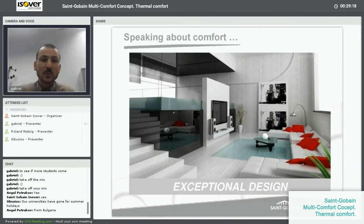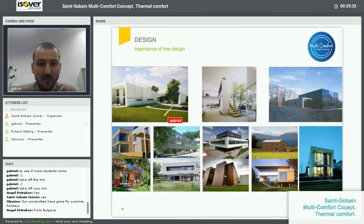So first of all, when you speak about comfort, you need to speak about design. Of course, having a good design is the prerequisite for a well-perceived project. And I'm going to show you some examples of houses which are combining the design as free as possible with the fact that they also respect the criteria of the multi-comfort. You can see different types of design here. It can be a single family house, or it can be